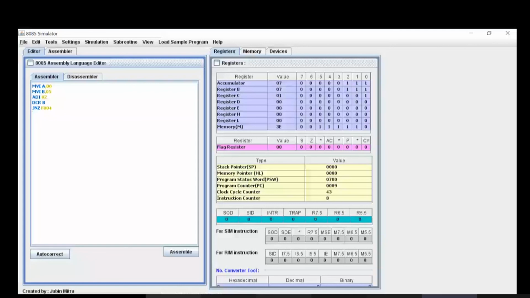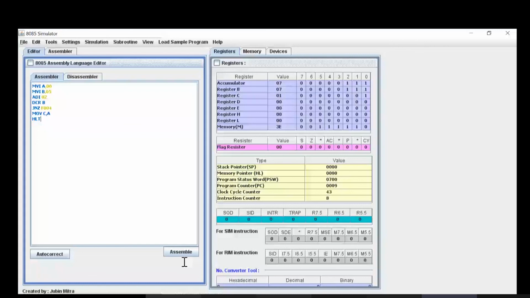It's almost there. Next line, JNZ, yeah, JNZ. F0, 05.